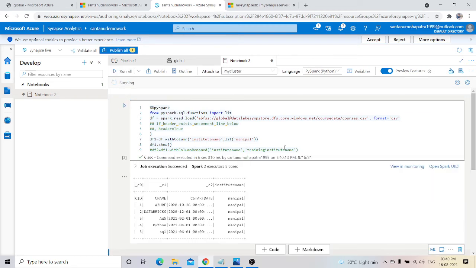So you can see that the institution name has been added to the column, but if I want to rename it,